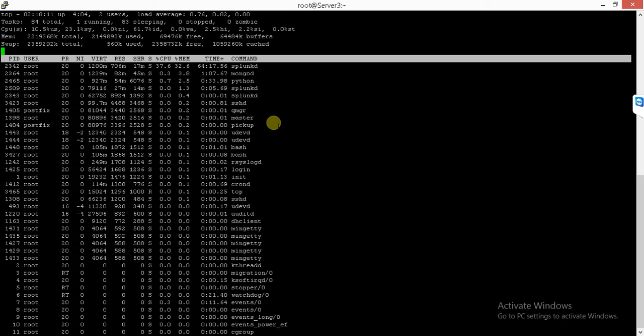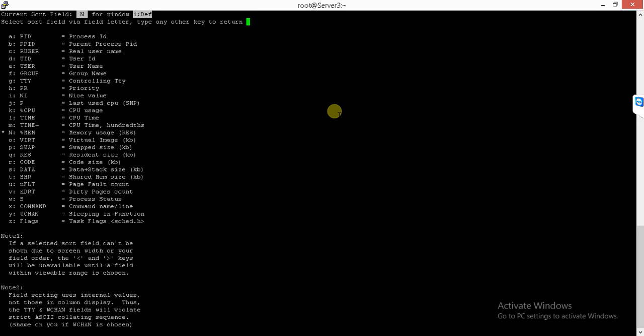Suppose you want to sort by swap consumption, then you can type Shift+O. When you type Shift+O, you will get certain parameters to sort by. Suppose you want to sort by swap, then you can type P. Then P is highlighted on swap, and please press enter.